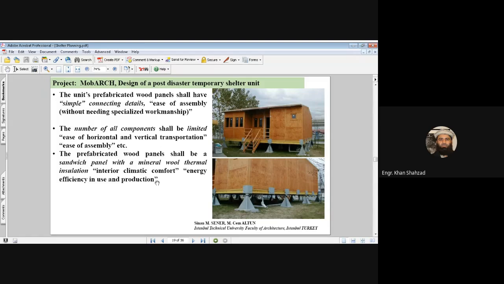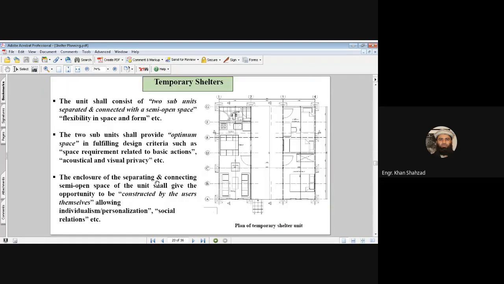in these sandwich panels. You can use these thermopore sheets. You can use treated mud, or you can use this sawdust, or even you can use this rice husk or this wheat husk. So you can use all these materials as insulating material in these sandwich panels or inside these panels.